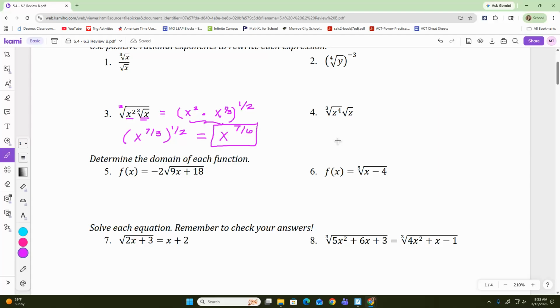Oh. Number 4. So I have the cube root of z to the 4th. So what power is that? Times, I have the square root of z, so that's z to the, if those are multiplied, what do we do with the exponents? Add them. So 4/3 plus 1/2 gives us